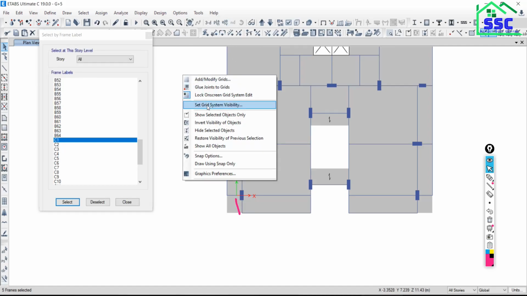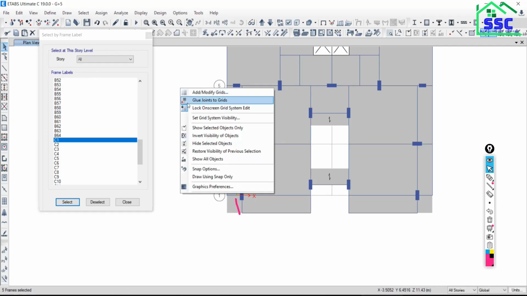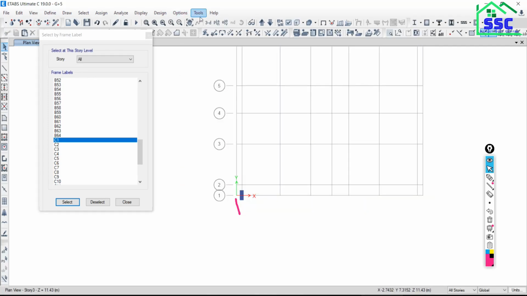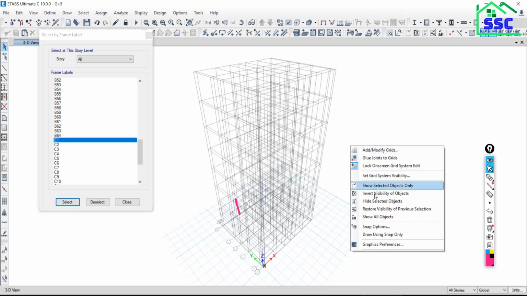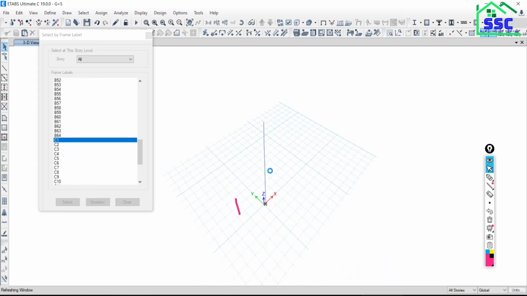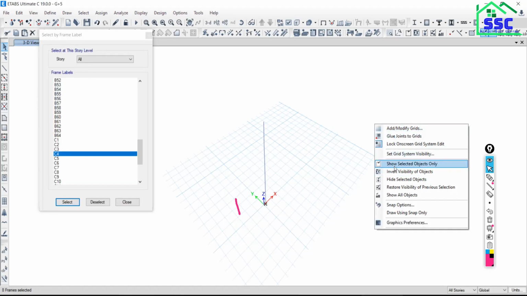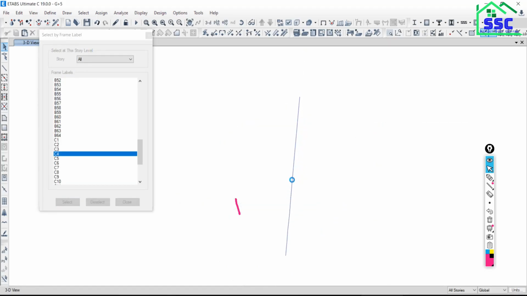Just right click on the window, show selected objects, so that this column will be in view only. Just right click, set grid system visibility. So all these columns are available. If you want to select the C4 column, say select and right click on the window, show selected objects. So that column will also be available here. It's column C4. Is that okay?